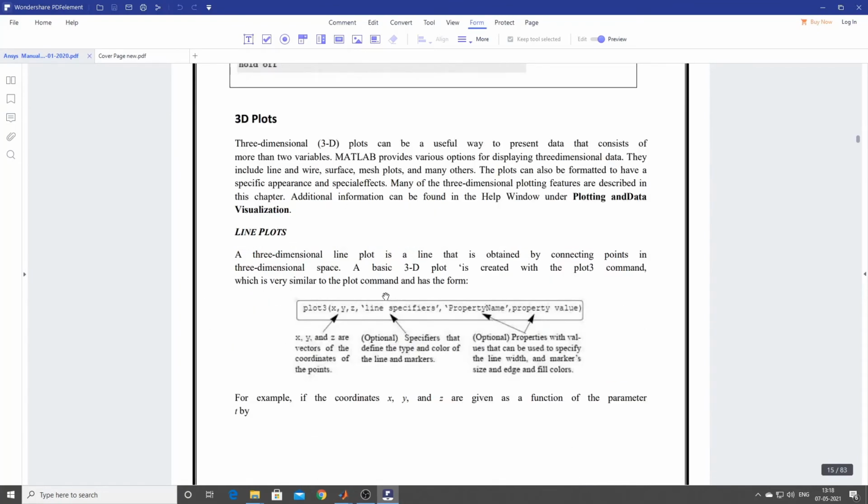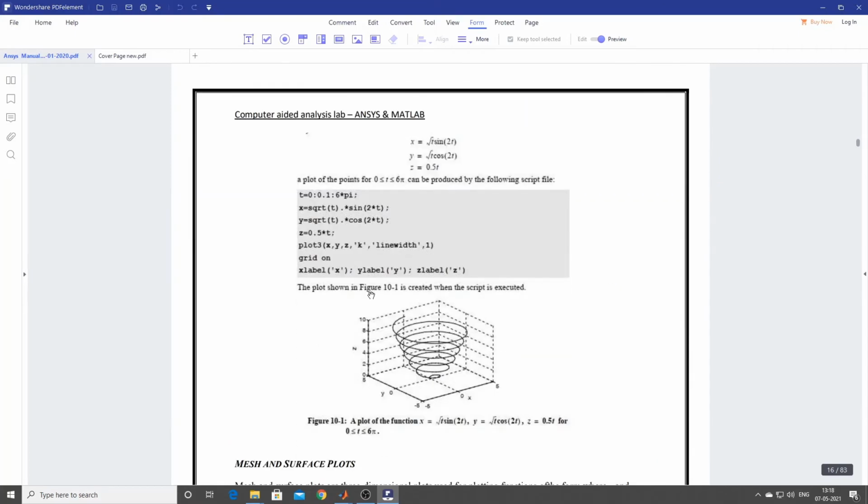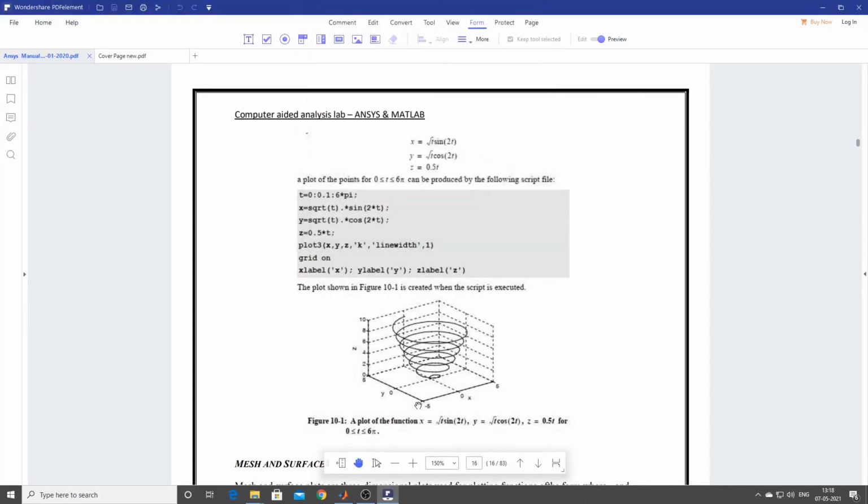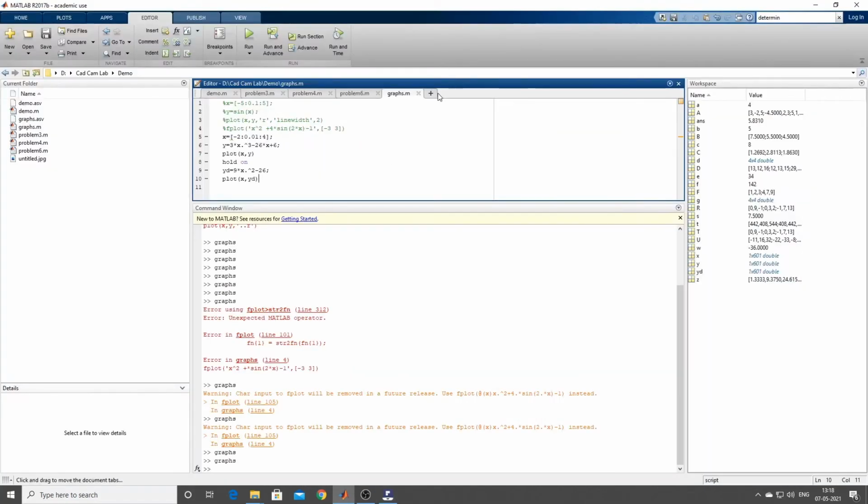Now coming to 3D plots. I'll just take one example and try to show how the 3D plots are shown. It is again there in the manual. You can just try to simply do it, not a problem. So let us try to do 3D plots. Now I'm going to take one more file here.